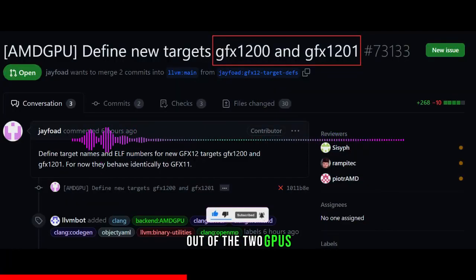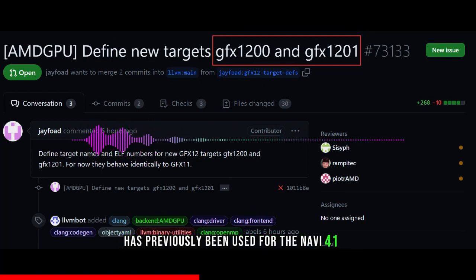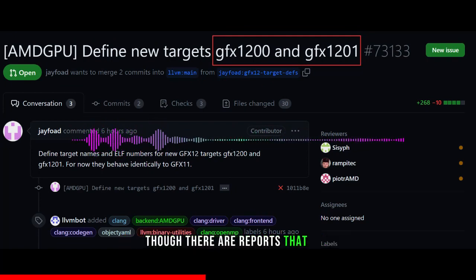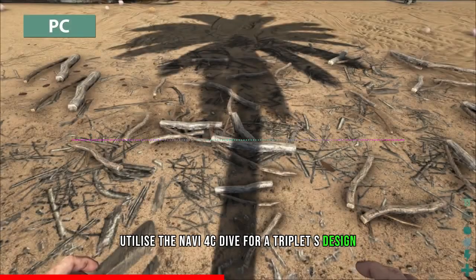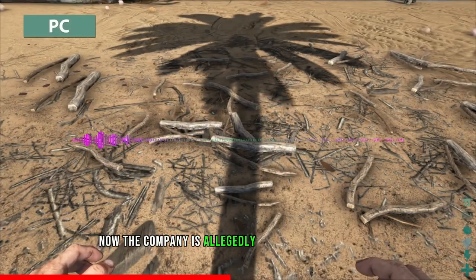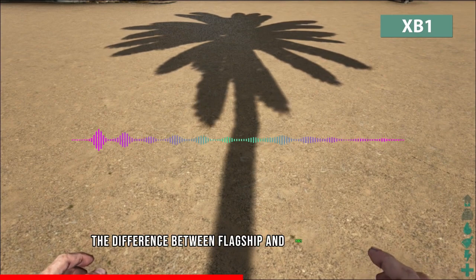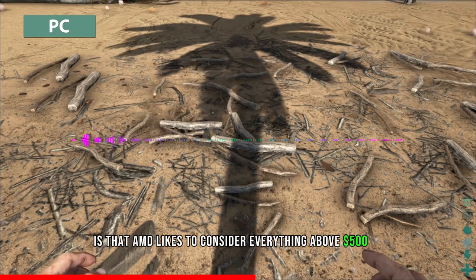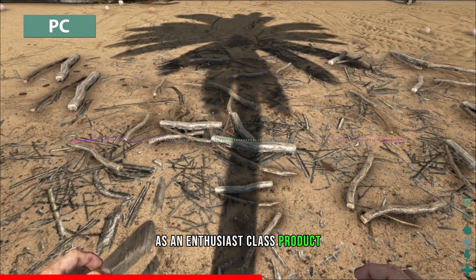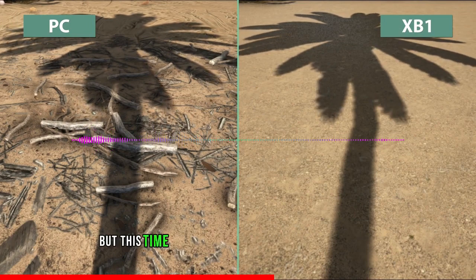Out of the two GPUs, the GFX1200 ID has previously been used for the Navi 41 SKU, though there are reports that AMD has cancelled its high-end Navi 4X offerings, which were meant to utilize the Navi 4C die for a chiplet-esque design. Now, the company is allegedly targeting the high-end and mainstream segment. The difference between flagship and high-end offerings is that AMD likes to consider everything above $500 US as an enthusiast-class product, and these products have predominantly been using the top Navi X1 dies, but this time,